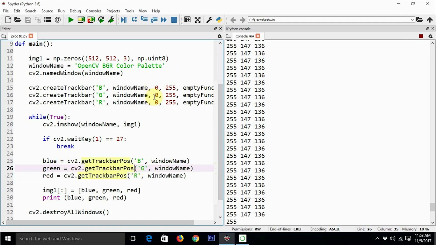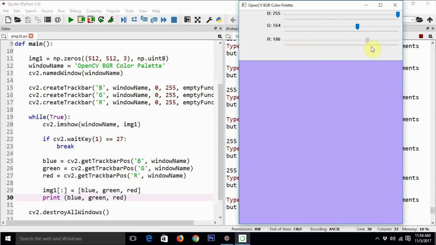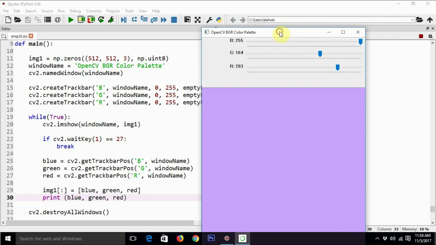It is going to be one of these 256 values, and it will assign it to the color channel. Then we merge all the color channels and assign that composite image to our image img1. We are also printing these values for debugging, and those values are printed on the screen anyway. So this is how the program for creating an OpenCV color palette works.